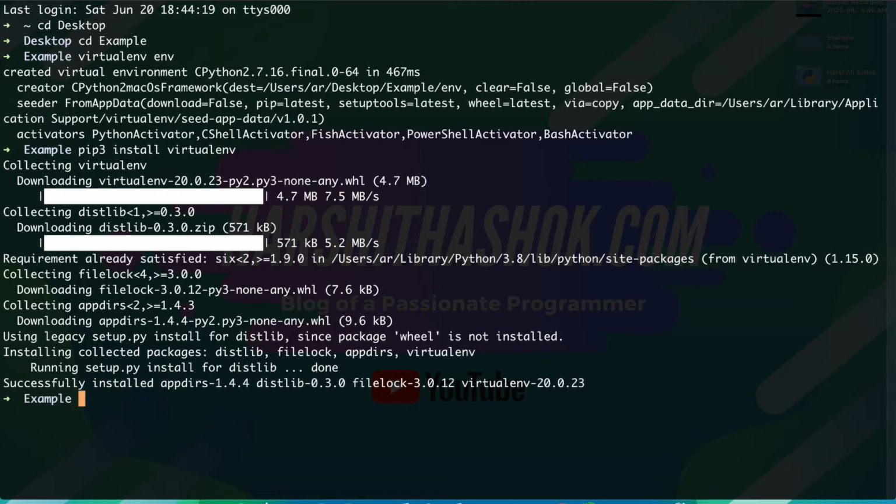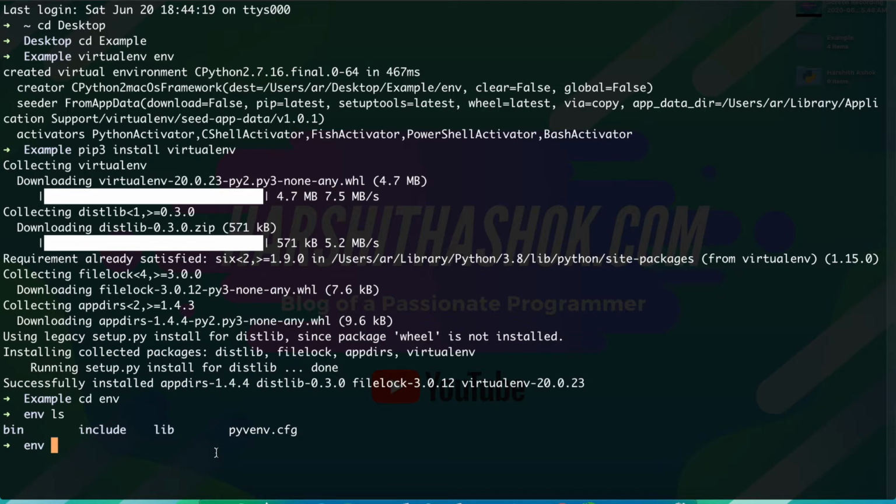And okay, now to activate our virtualenv which we just created in the name of env, we just need to go inside env. This virtualenv is going to be a folder, and when we list all the things in the folder, we can see something called bin, include, lib, and pyvenv.cfg.